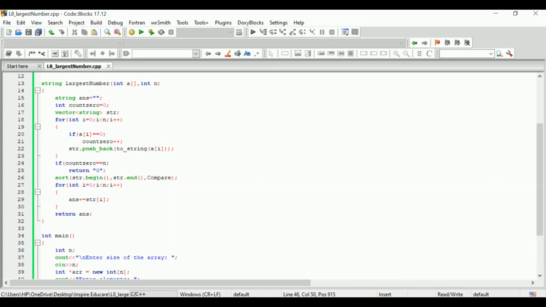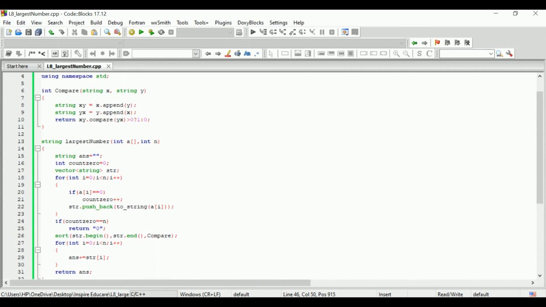So let's see the compare function first. Coming to the compare function, it has a return type of int and it accepts two string arguments x and y. Now we will create xy, in which we append y at the end of x, and yx, in which we append x at the end of y. Now we will compare using the compare function of string, that is, xy.compare(yx) is greater than 0.